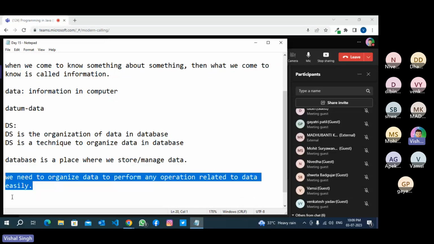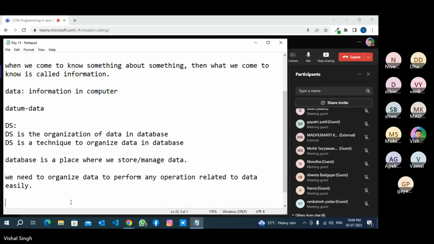Why do we need to organize data? Suppose in a book library, we have so many books like science, arts, physics, chemistry, math, languages, and computer-related books like programming languages, networking, operating systems. You have thousands of books.